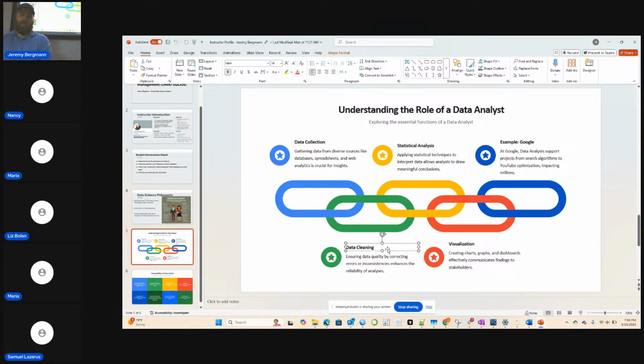One of the huge things is data cleaning. They talk about that often being like 70 or 80% of your effort. I would agree with that. Even a recent project I worked on, probably 30 out of 50 hours was just understanding the data and then looking for weird values in it and then writing a script to clean it up. And you can do that in SQL too. And then visualizing it, so creating graphs, charts and dashboards that communicate findings to stakeholders, taking that data and turning it into the information that they need visually.